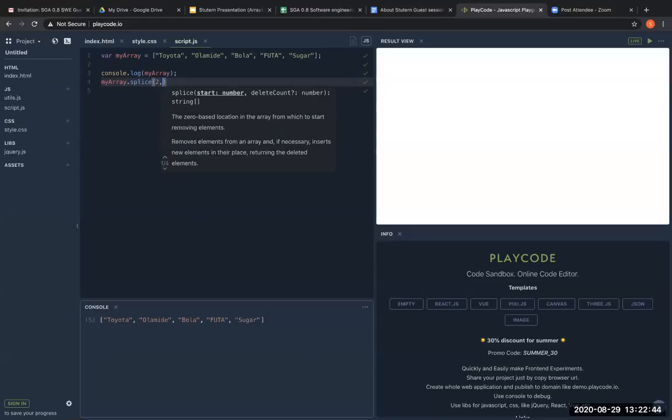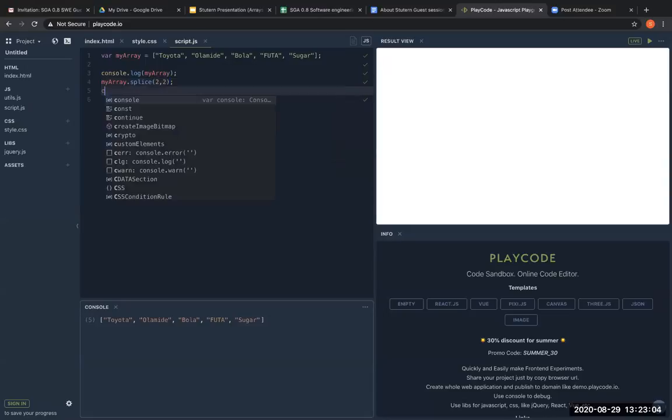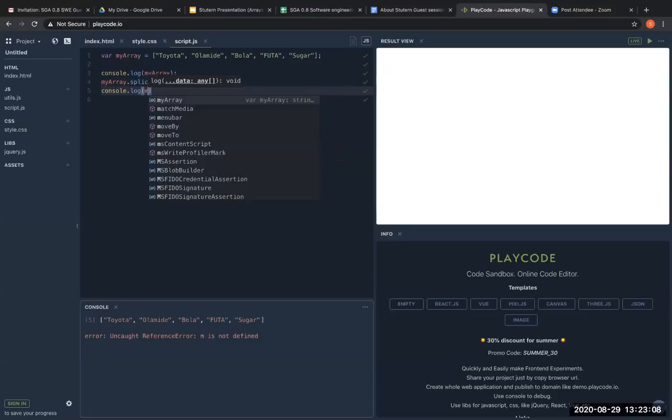That's 2. How many do I want to delete? I want to delete 2 values. Don't forget, the indexing starts from 0. So I want to start deleting from Bola. This is 0, 1, 2. That means my index is 2. Then I want to delete 2 values, that is, delete 1 and 2 for me. That's all. So if I say console.log myArray,